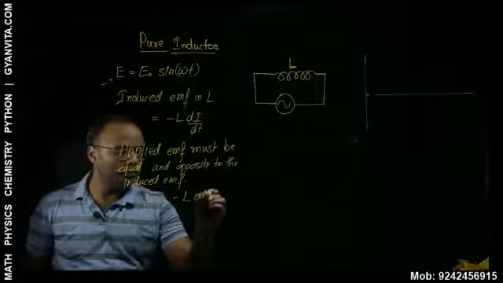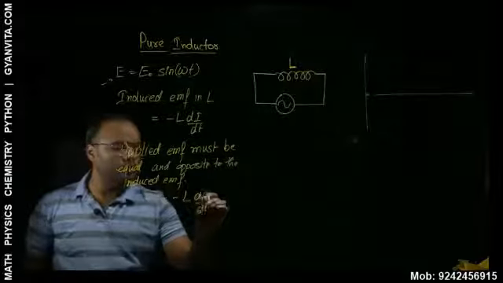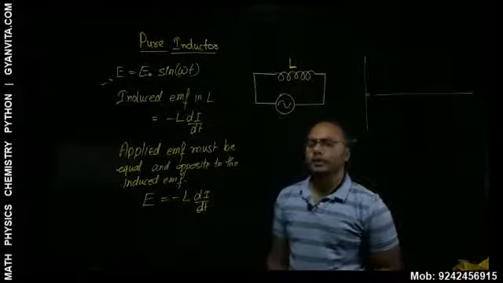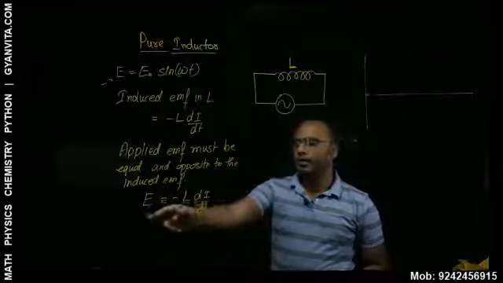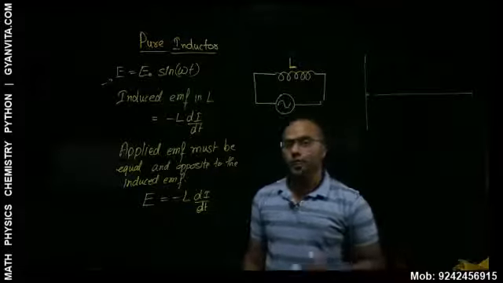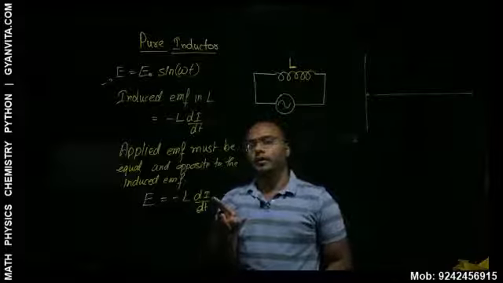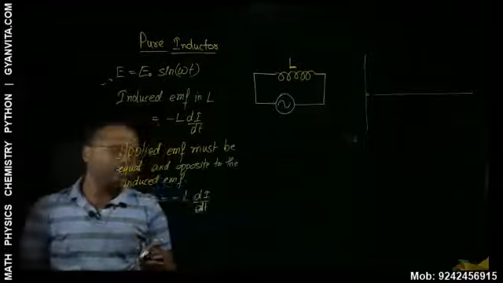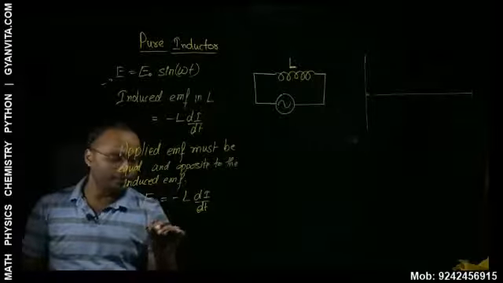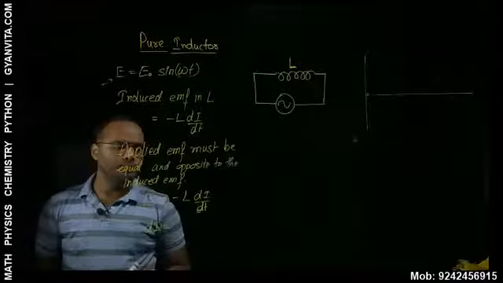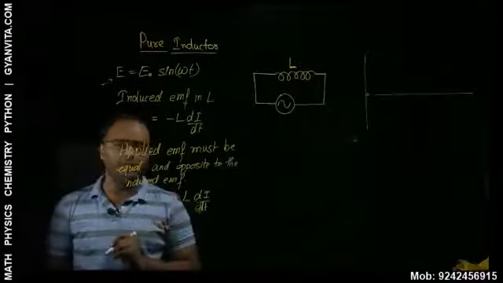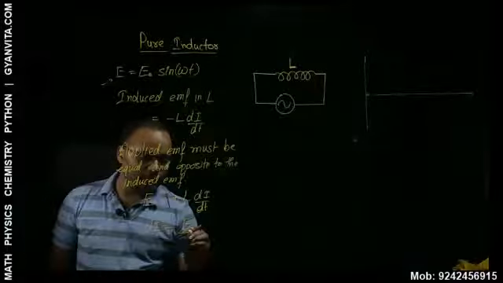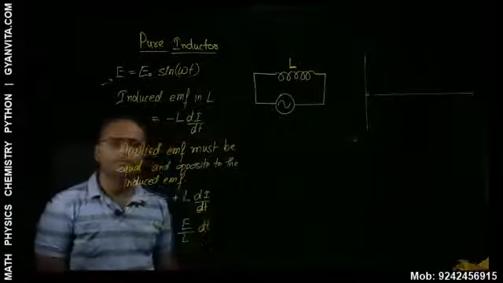di by dt. What is the use of this expression? We actually have to find current. So from here we'll get the expression for current. If you have E equals minus L di by dt, what do you have to find? You have to find current. Here is the current, that is di. So this means E is nothing but, or you can say that di is equal to, since equal and opposite means the minus sign will convert to a plus sign, di is equal to E divided by L dt.